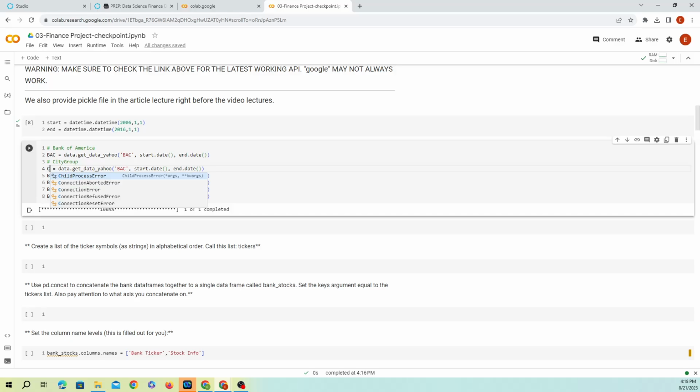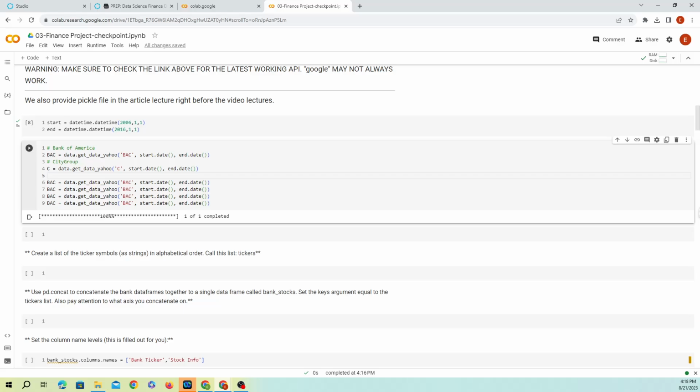The next one would be Goldman Sachs, and the Goldman Sachs will be GS. And here the label is GS.